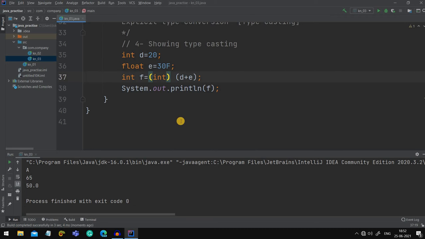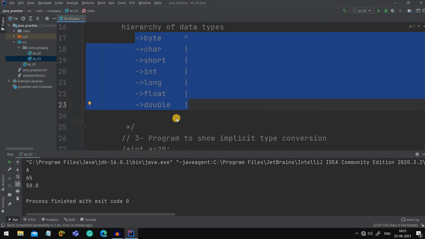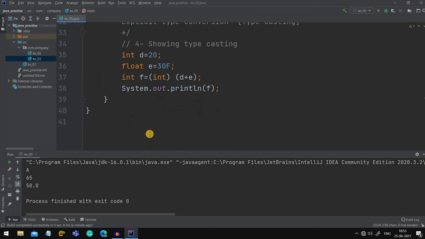At that time this error came, it was showing a lossy conversion from int to float. But this typecasting helps us at that time, as we were not knowing the hierarchy of data types. So this is the very important sequence that you must learn in order to know in which particular data type your output should come when these many data types are added, or you're playing with many of the data types.